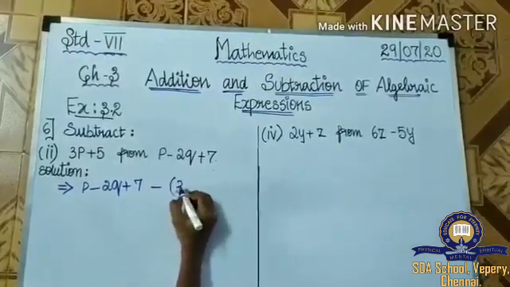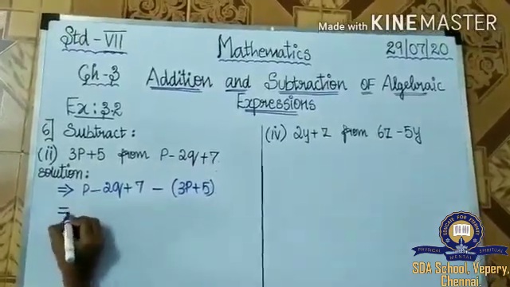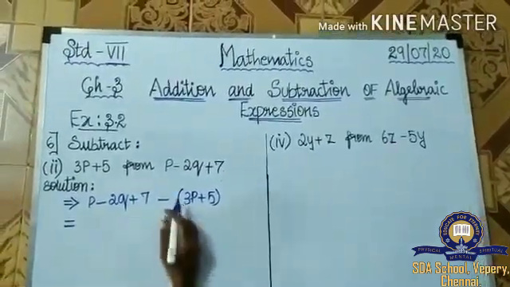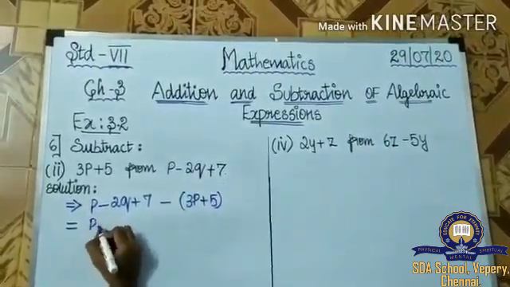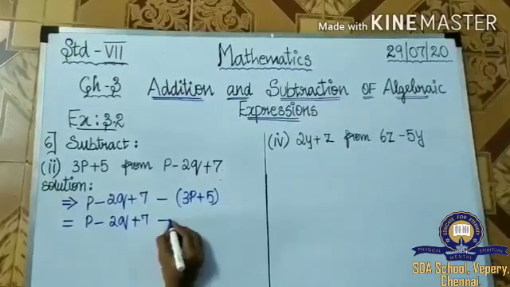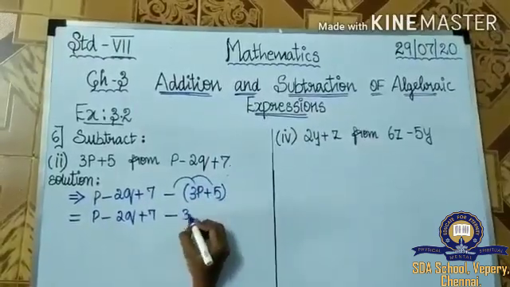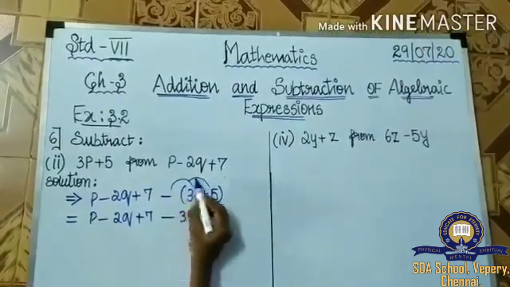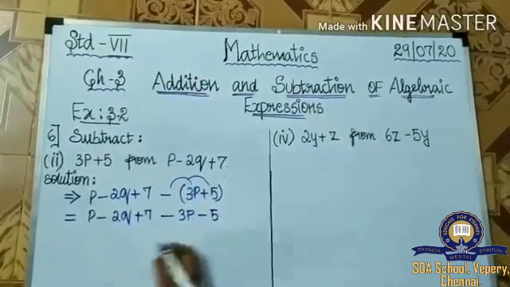Minus of this term. The second step is we are going to multiply the minus inside. So p minus 2q plus 7 minus 3p